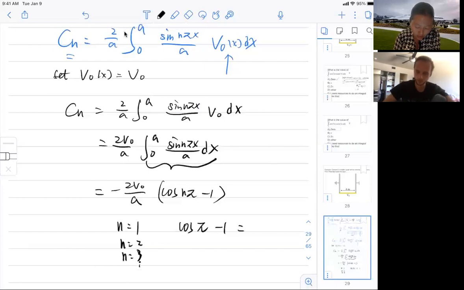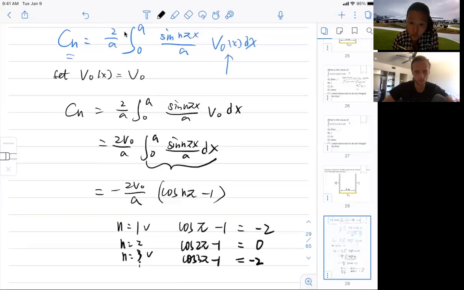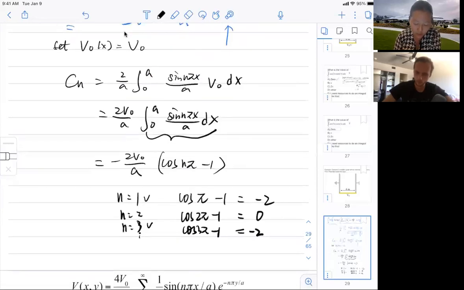Now you can see if I pick all the odd numbers versus I pick the even numbers, if I pick the even numbers, this will go away. If I pick the odd numbers, it will double my result. So if I pick the even numbers, cosine 2 pi minus 1, I get 0. If I get 3, cosine 3 pi minus 1, I get negative 2. Right, so I have this pattern so that you may be able to simplify your solution just one step further